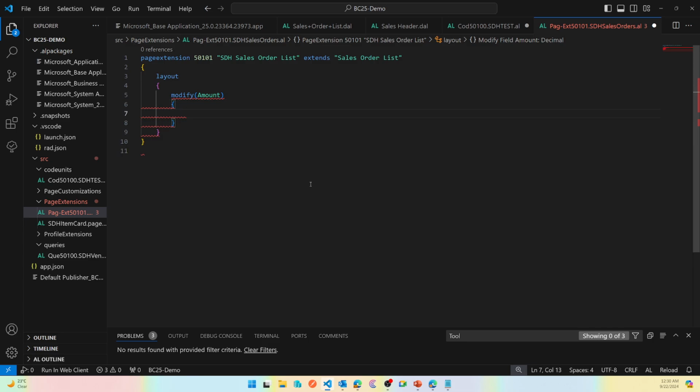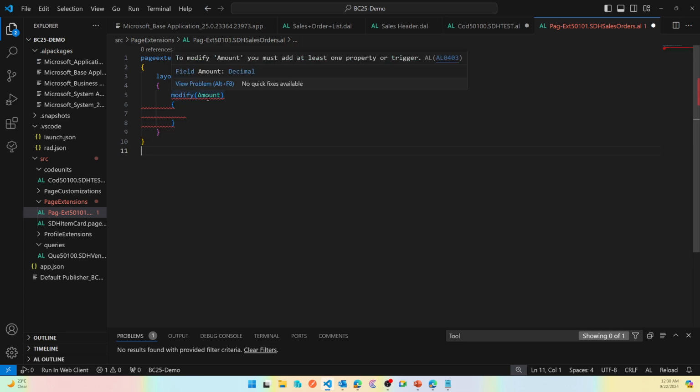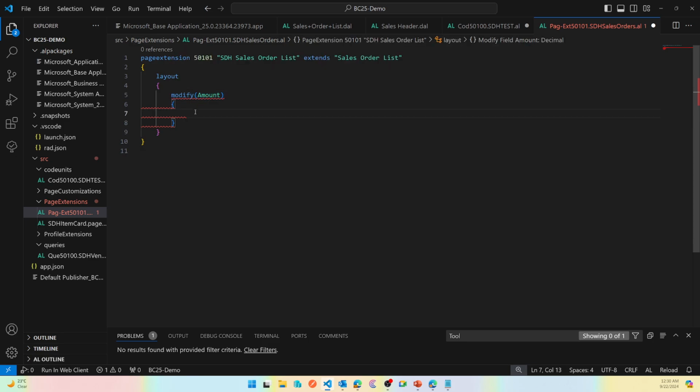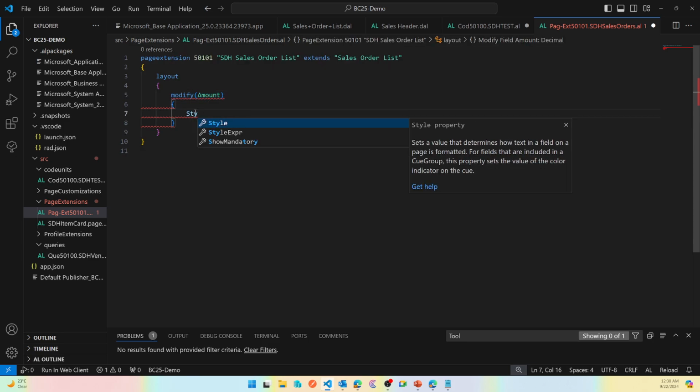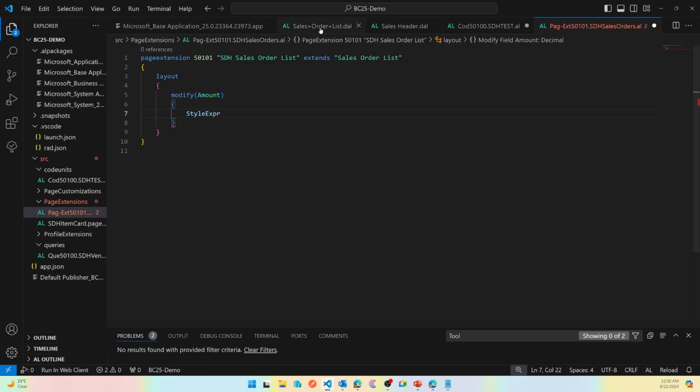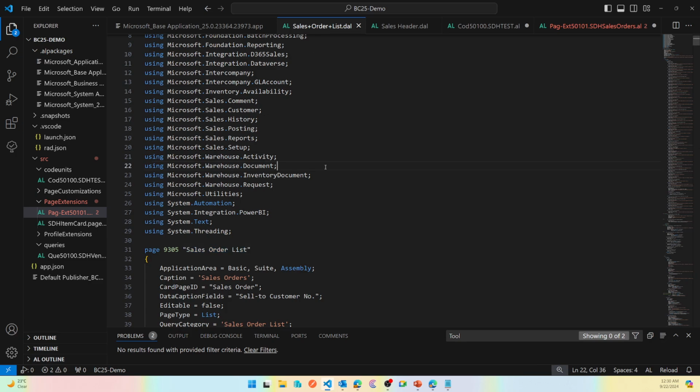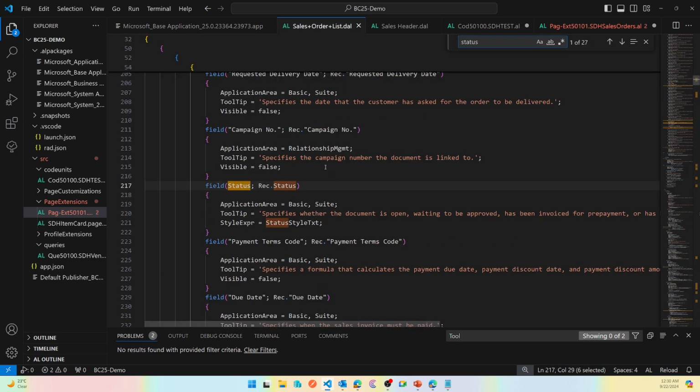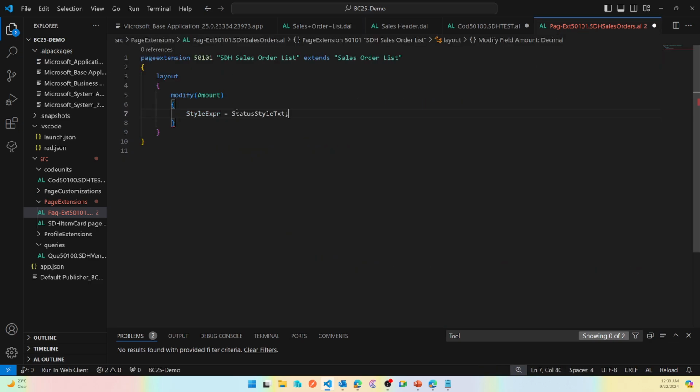Okay, what it says, let's see, it says you must set at least one property. So let's set the style as Microsoft is doing here. We'll just follow the status style. What they're doing is setting up the style expression based on this. So we'll also write it here as amount style text, and I'll create a procedure here,